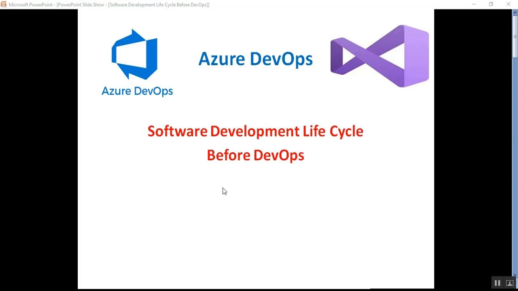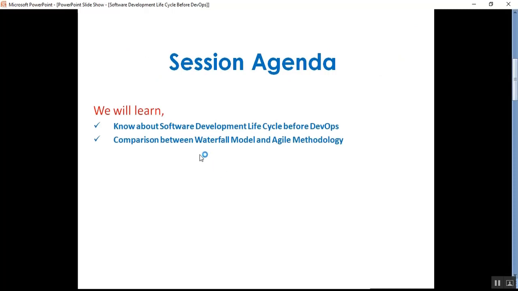And in this part 1 of Azure DevOps, the agenda is that we will discuss these points. In this session's agenda, we'll learn about the software development life cycle before DevOps.